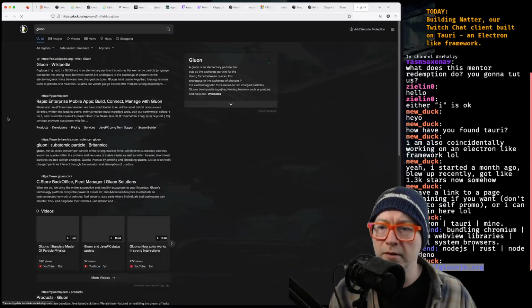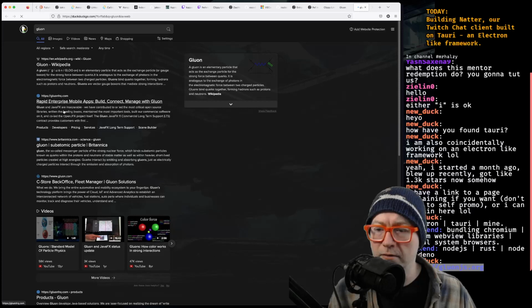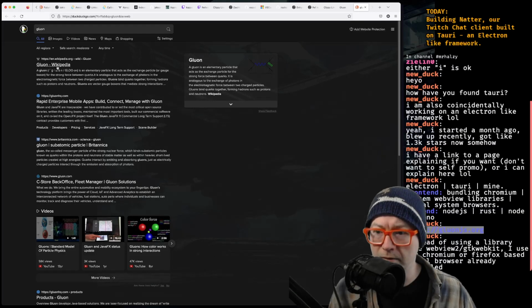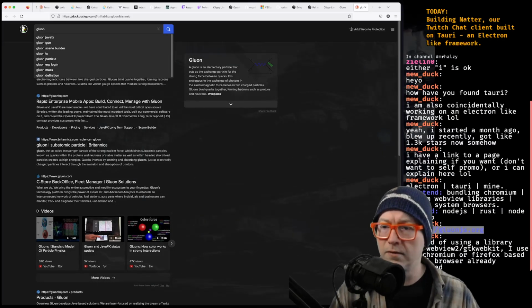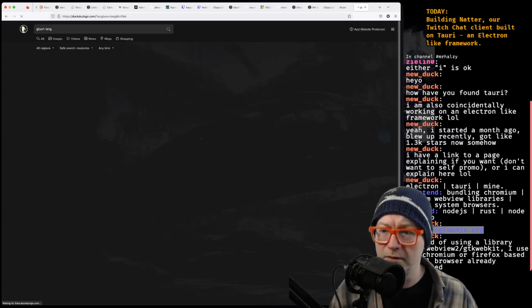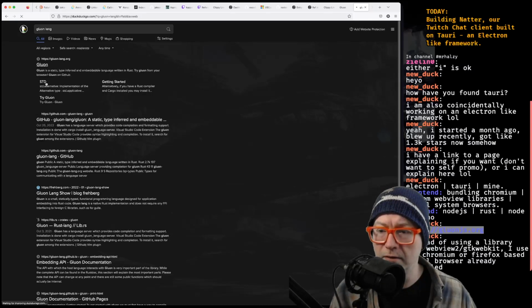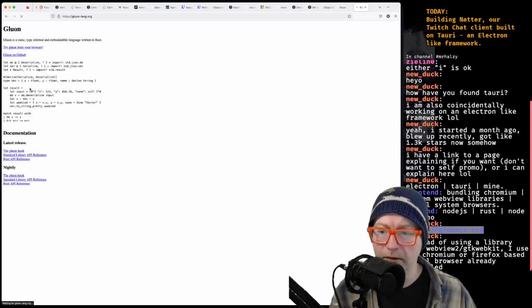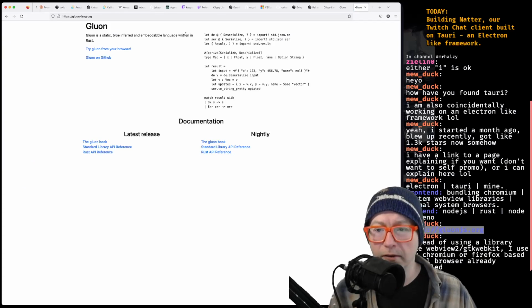Gluon. Language? Yeah, there it is. Okay, it's a statically typed, type inferred embedded language written in Rust.